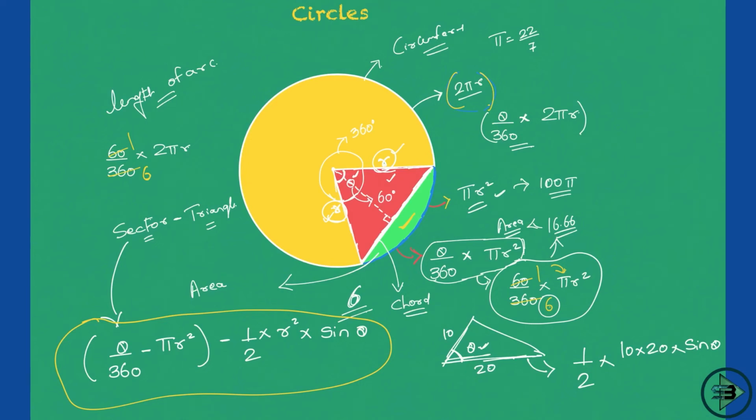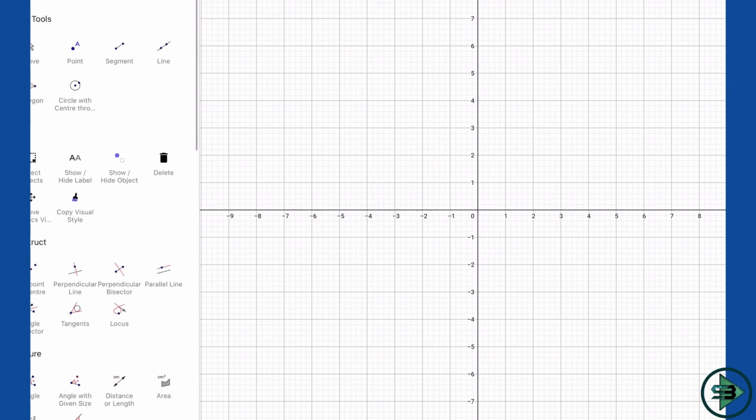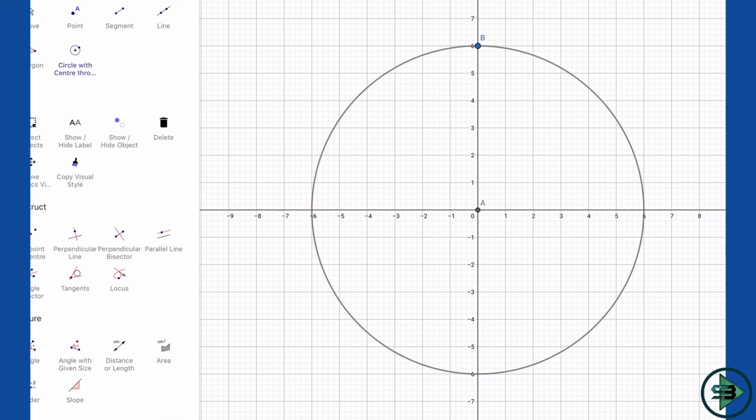Now let me plot this in the diagram so that you understand it better. This is just for your better visualization. Everything that we have studied till now, we'll try and visualize it here. So this is a circle, and if I ask you, what is the area of this circle? That is equal to 113.1. Next I'll ask you, what is the circumference then? The circumference is 37.7, that is equal to 2 pi r.